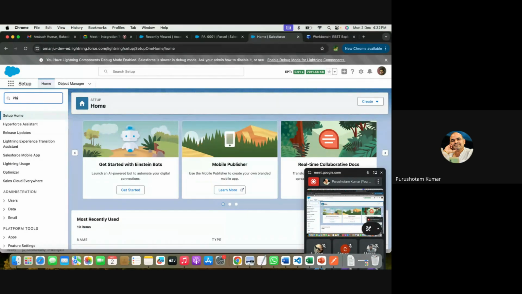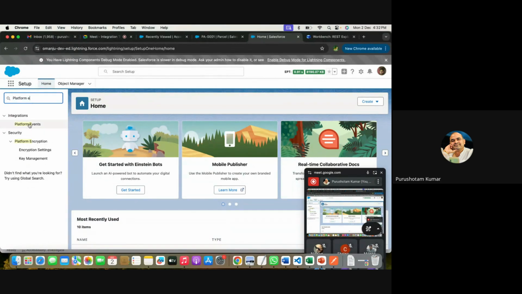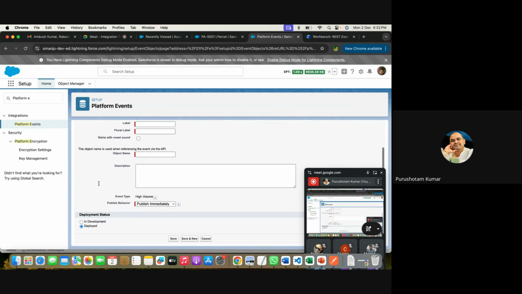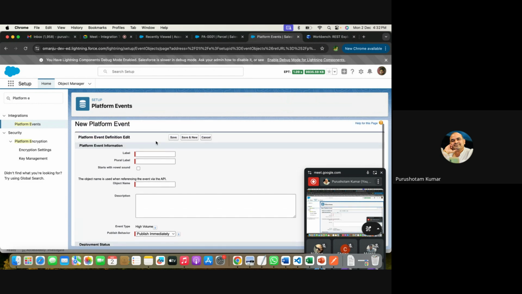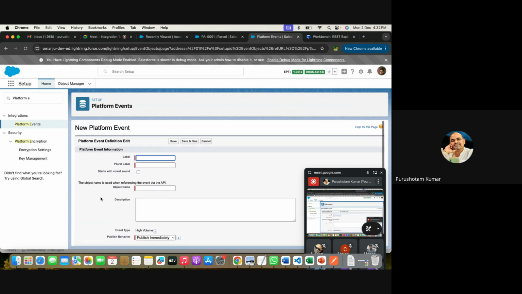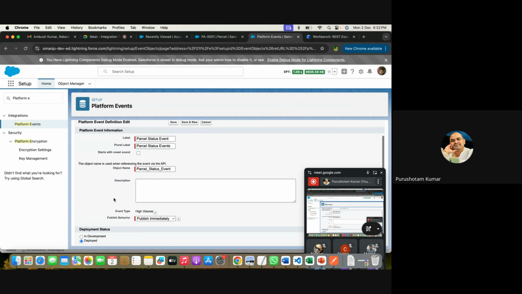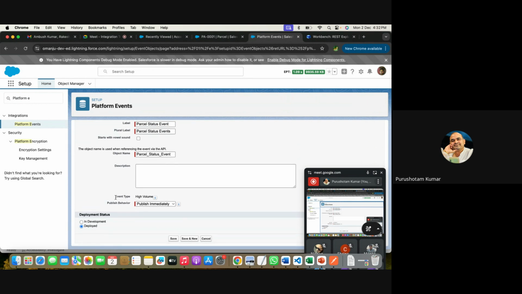So we write platform events. So this is platform event. First of all, if you look at this page layout, this is similar to our object creation screen. So we say parcel status, parcel status event, right? Parcel status event. And what could be the plural? Parcel status events, right? And there previously there were two event types, right now it is by default high